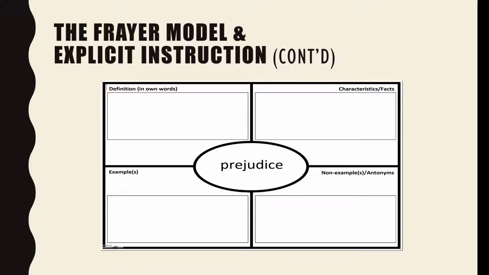Okay, so now we're going to do a Frayer model together using another one of your words. And for this one, we're going to use the word prejudice. Let's say prejudice together. Prejudice. Okay, and in the book, prejudice is used as a noun, which is a person, place, or thing. Great. Okay, and you don't know the definition, so we looked it up in the dictionary, and what did you find? An unfavorable opinion or feeling formed beforehand or without knowledge, thought, or reason. Any preconceived opinion or feeling, either favorable or unfavorable.